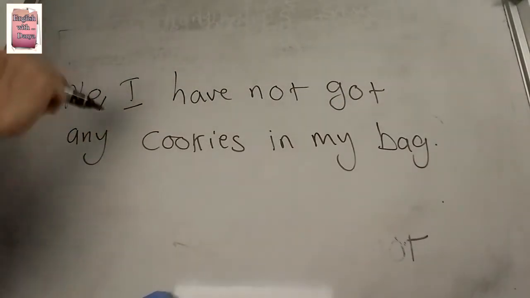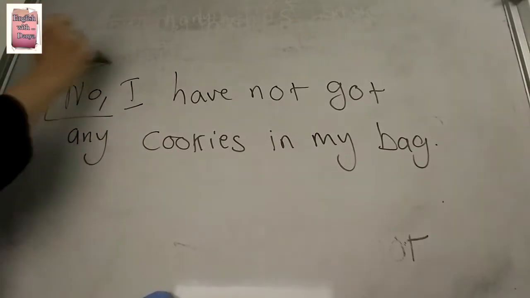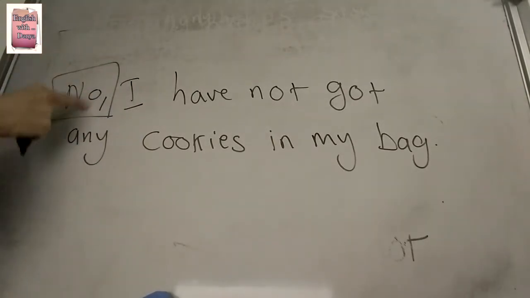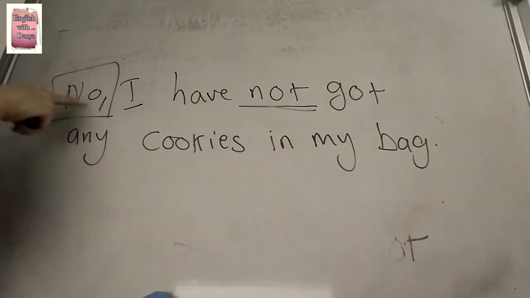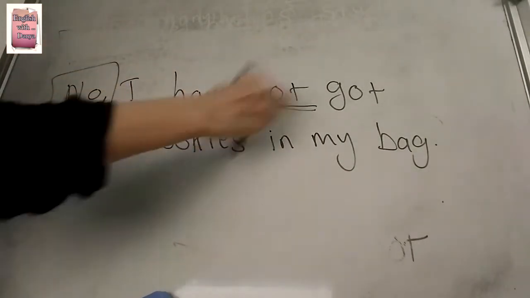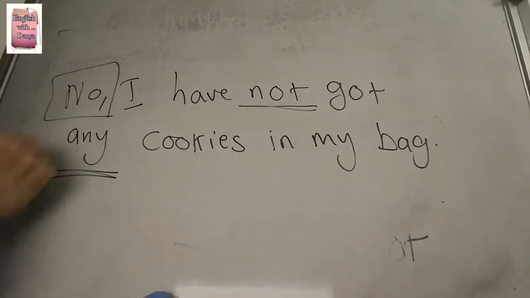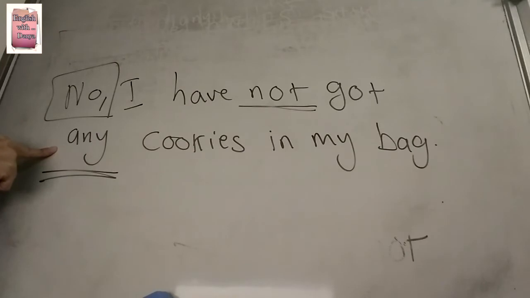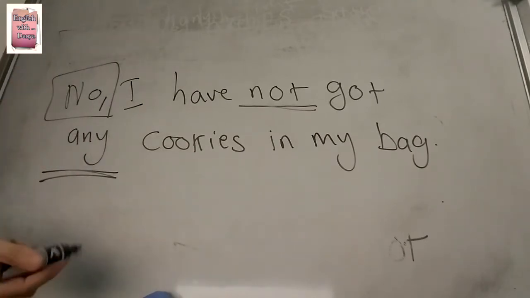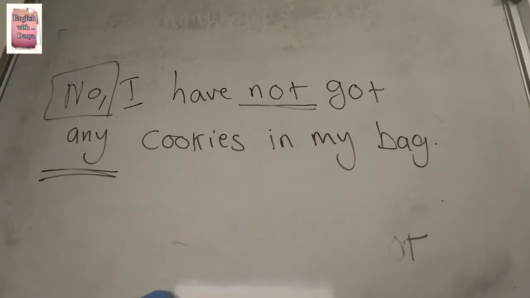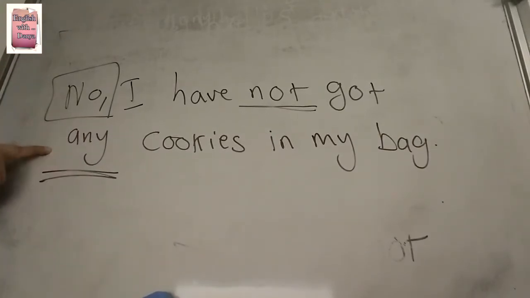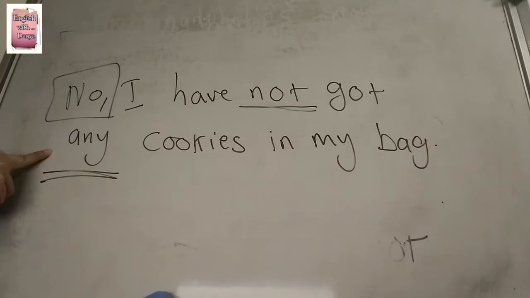All right, but our focus is basically on the negative part, which is no, I haven't. So we use no, and then I haven't got any. So if the answer is negative, make sure to use any. And also, when it comes to the questions, if you are asking about something uncountable, make sure to use any in the question. Like, have you got any